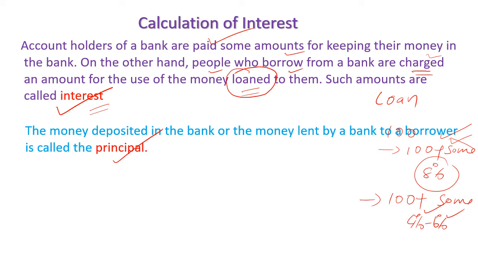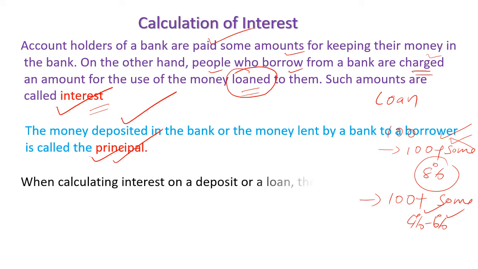Okay, the same way, आप जाके बैंक में deposit किया, big amount or small amount, it is called principal. Both are principal. जो deposit किया वो भी principal है, और given to a borrower वो भी principal है. Money deposited to the bank is principal, जो आपका और हमारा सबका है. अगर हम बैंक में जाके लोन लेते हैं तो the loan amount given, the money lent by a bank to a borrower, is also called principal.